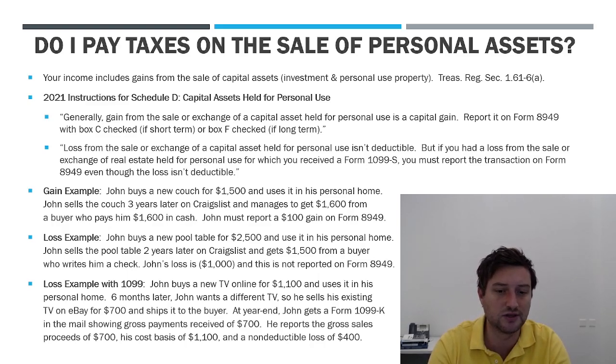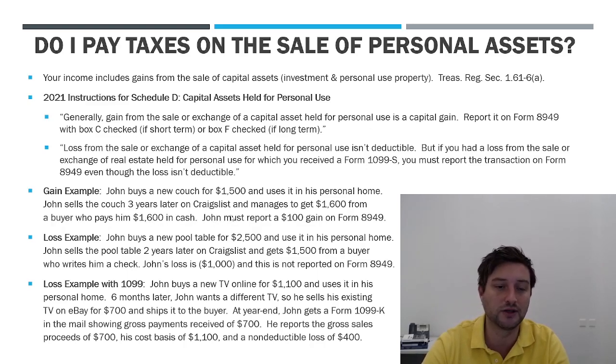So I think that this is the way going forward. I mean, this might be their intent all along, is just to try to force people to do a little more reporting and confirm that they are in fact losing money on these sales rather than making money. Now, also to be clear, if you get a 1099-K and you made money, yeah, you got to report that. So if we go back to the example up here where John sold his couch and made a $100 profit,